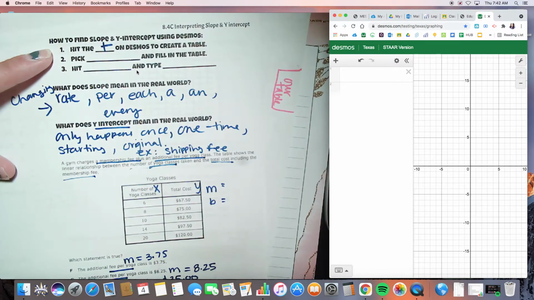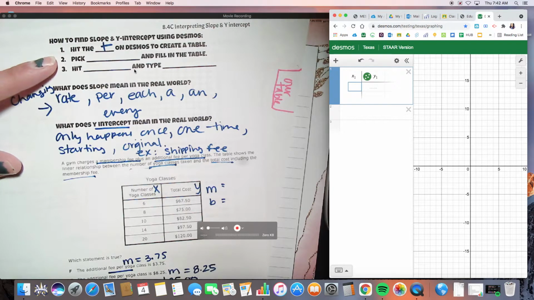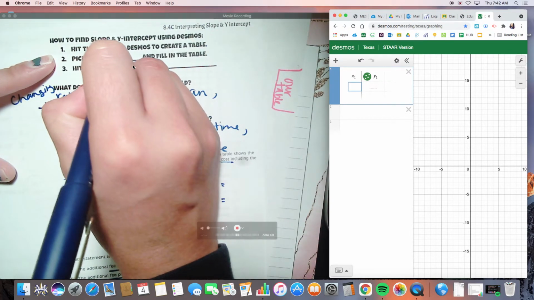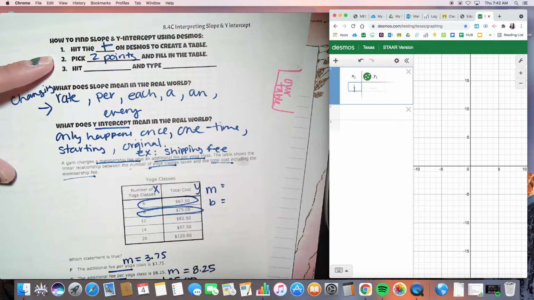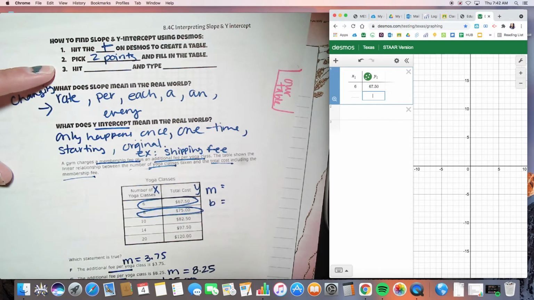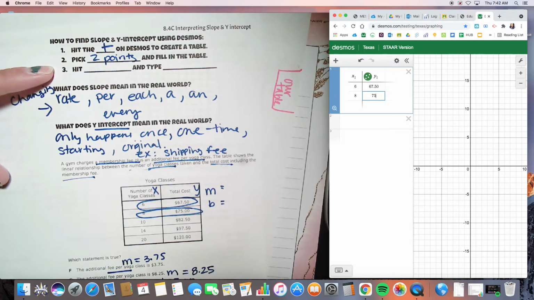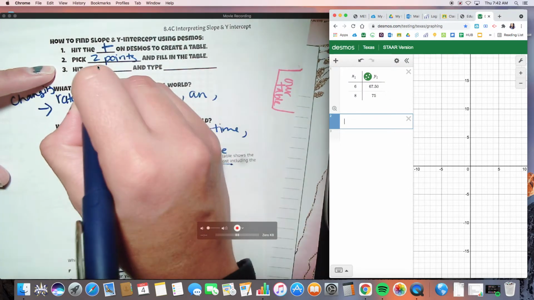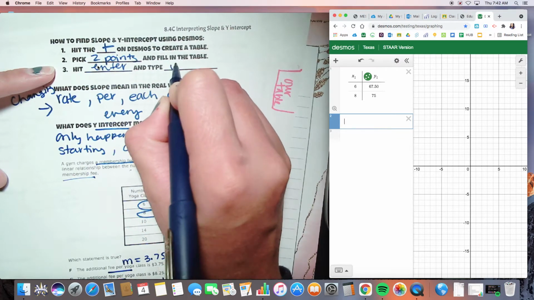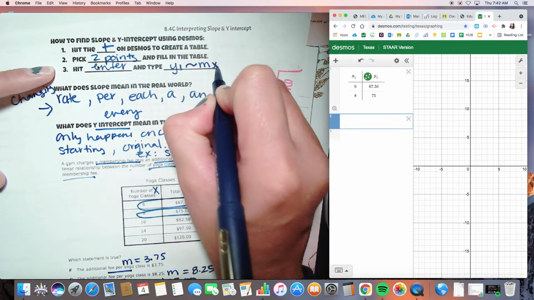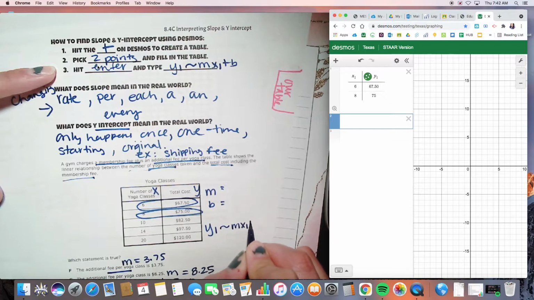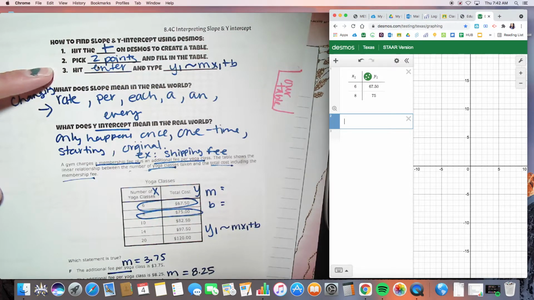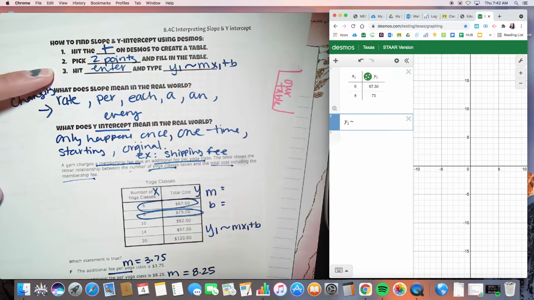We're going to hit the plus on Desmos. We're going to pick 2 points. So I'm going to pick these 2 and fill in the table with those points. So we're going to do 6, 67.50, 8, 75. I'm going to hit enter and type y1 tilde mx1 plus b. And I'm going to write that down here so I remember that is how I found my answer. So we're going to do y1 tilde mx1